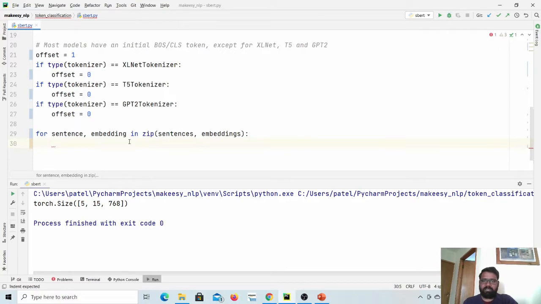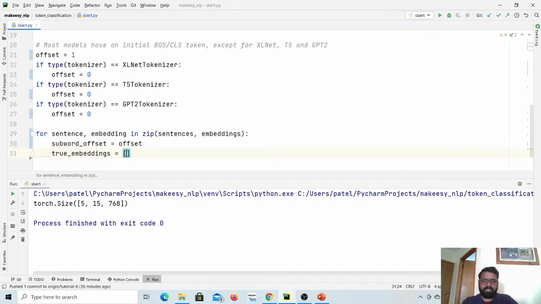Here we will get the first sentence with its corresponding embedding, the second sentence with its corresponding embedding, and so on. Let us say subword offset is equal to offset, so we will start with whatever we get from this particular code block. Next let us define an empty list that we will use to collect the true word embeddings. Let us say true embeddings